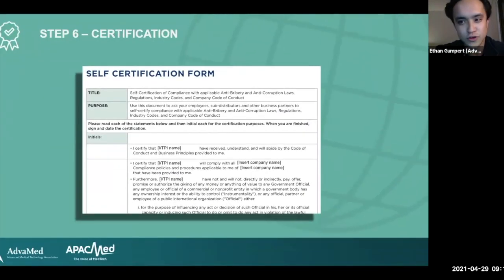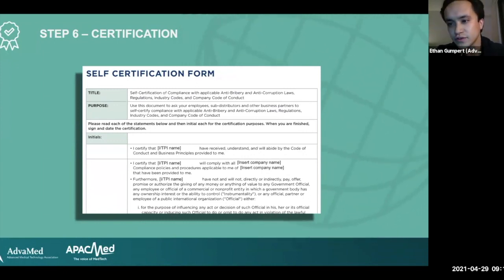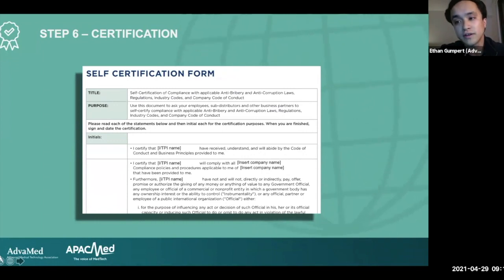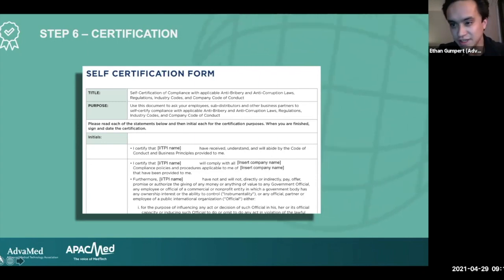Then lastly, certification. Right now, we have self-certification. Right now, we have a toolkit, and we want people to embrace the toolkit and have an official way to say we've embraced the toolkit. So for right now, there's self-certification. But again, if you look, there's a lot of blank spaces because we're not prescribing exactly what people need in their first compliance program. We're just trying to prescribe that you need a compliance program and to work on it and evolve it and strengthen it over time and declare that you have it, to signal to all of you, once again, who you can work with and who you can trust. Next slide,